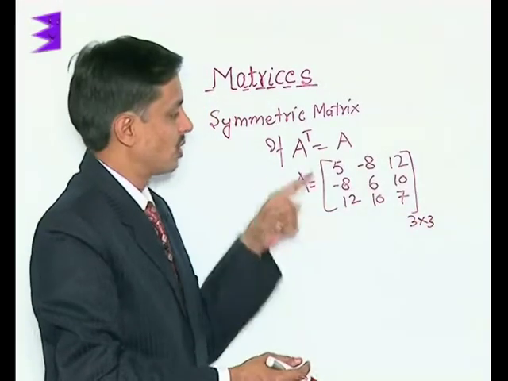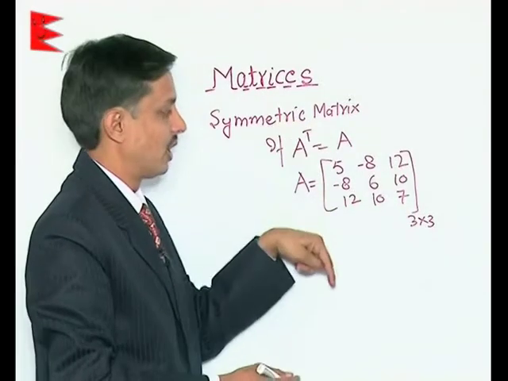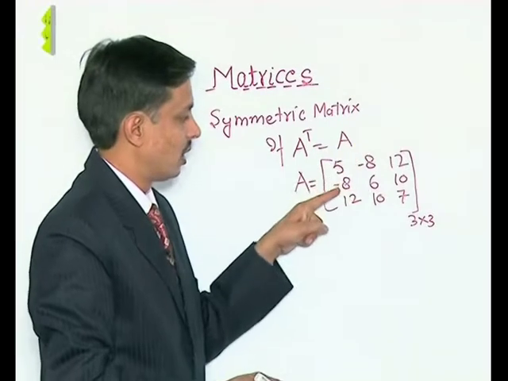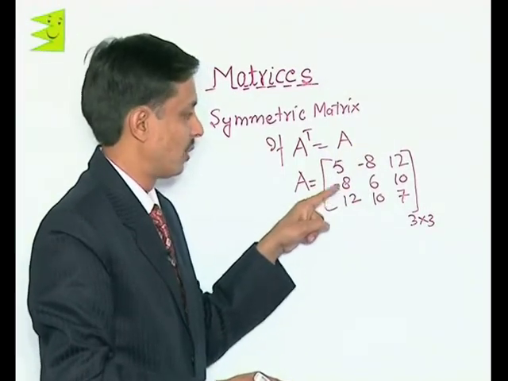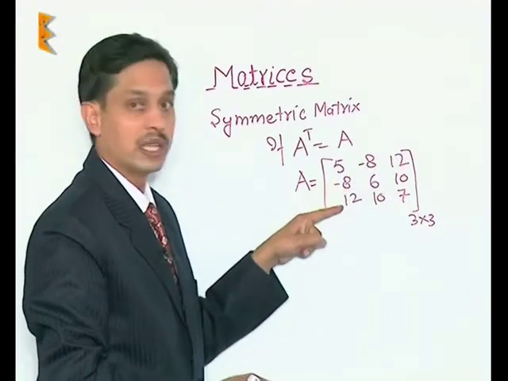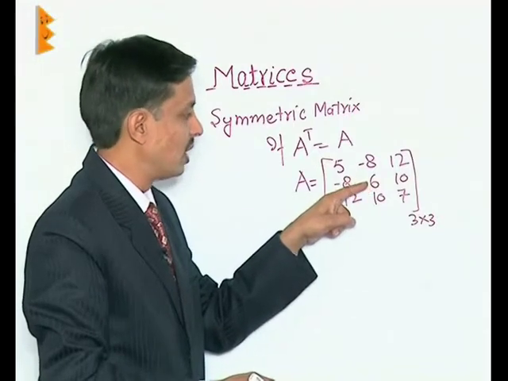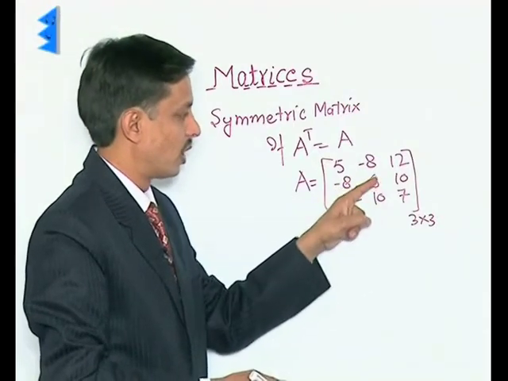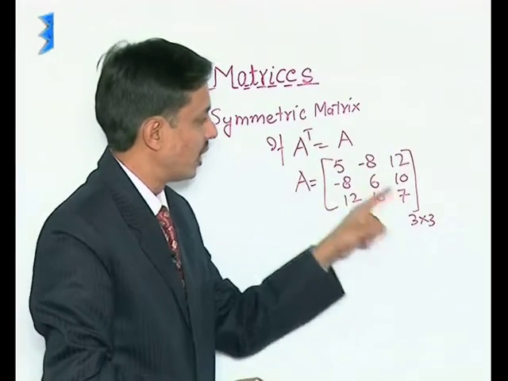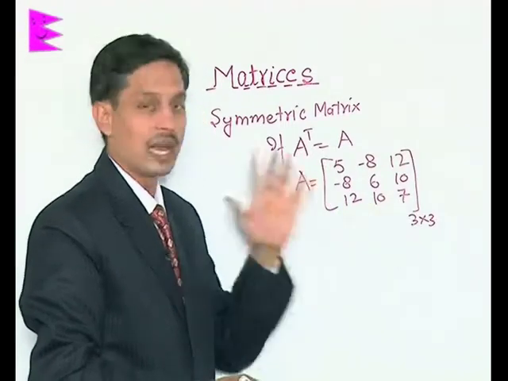The technique was, whatever row we first wrote, the same we have taken in the first column. In front of 5 it was -8, so down to 5 we have to take -8. Then next to -8 is 12, so down to -8 is 12. Then it is 6, then immediately 10. So in front of 6 it is 10, so below 6 is 10, and we are free to choose any element on the principal diagonal.